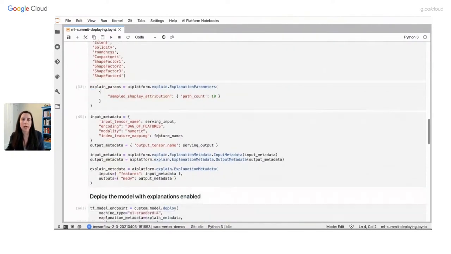This includes choosing the explanation method that you'd like to use. There are a few different ones to choose from. They're based on publicly available research. You can check out the papers if you'd like. And I also need to provide some metadata so that the explanation service knows a little bit more about my